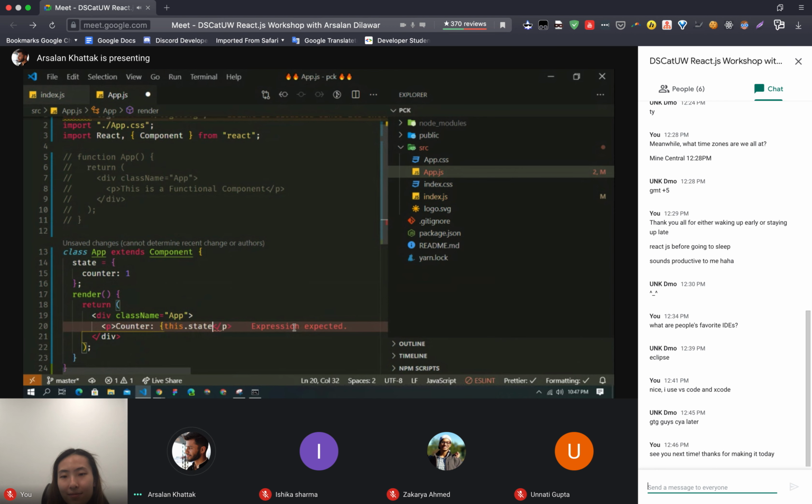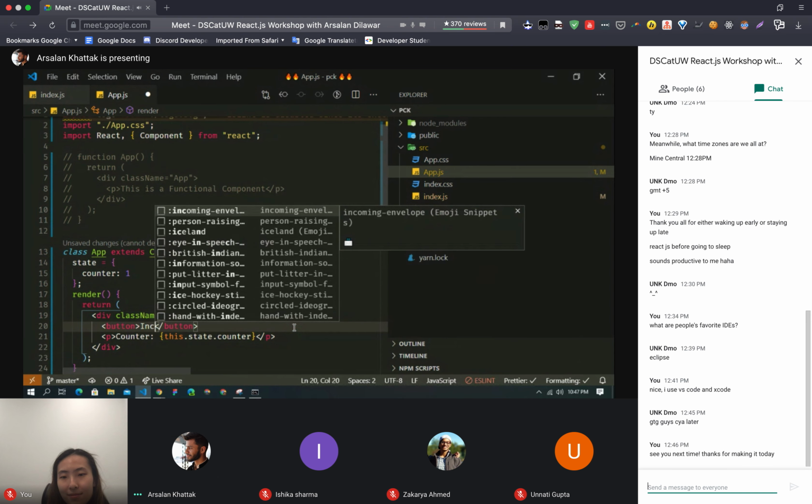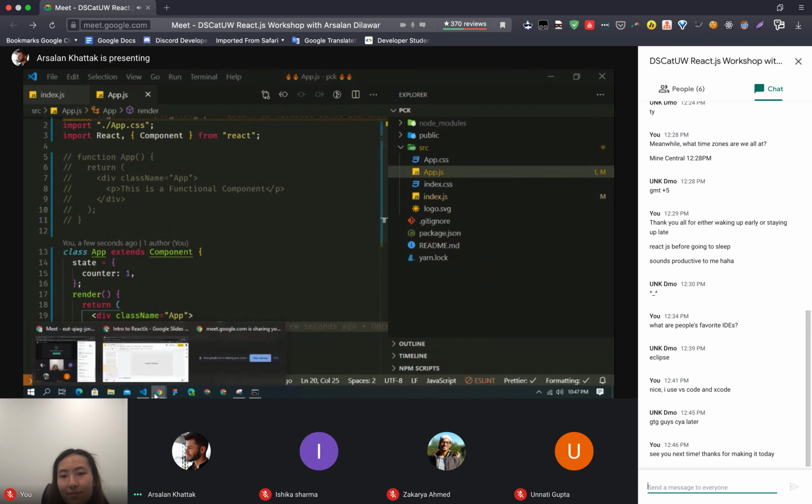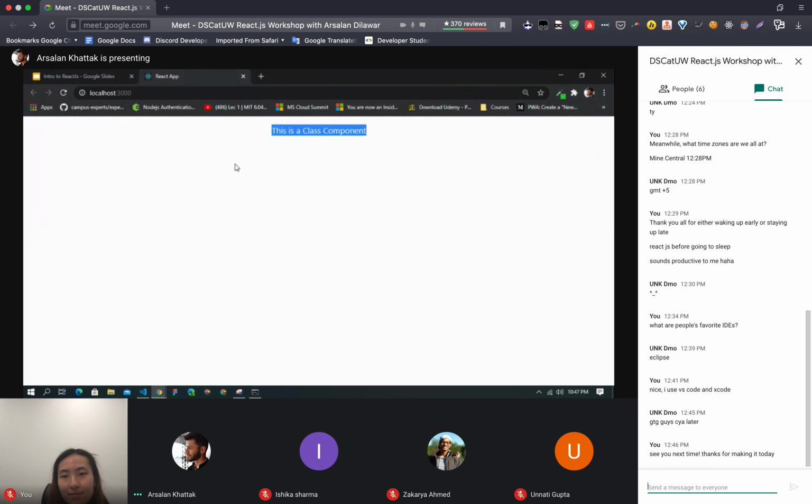So this dot state dot counter, and then I have a button. Okay, so I have the simple UI which says click me and the counter 1. This is supposed to, whenever I tap on the click me button, increase this 1.